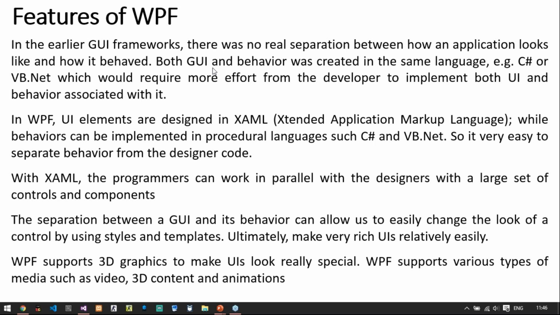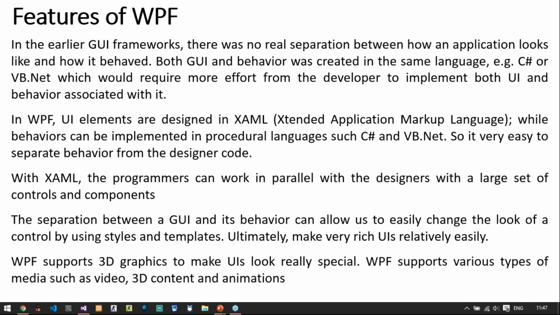The first part is you provide GUI, you provide interface, you use controls, you add some graphics to those controls in whatever way you want. That will be the design part. And for each control, there will be a backend CS file, that is a code file, in which you can code for that particular control. So Microsoft has provided two different layers now for the GUI development as well as the coding associated with the GUI.